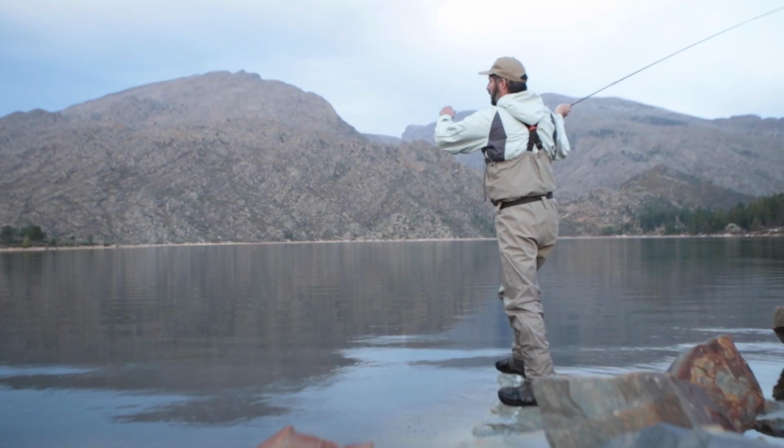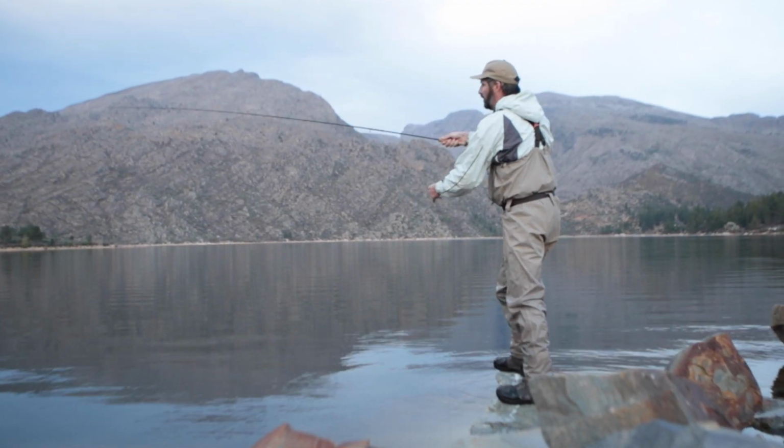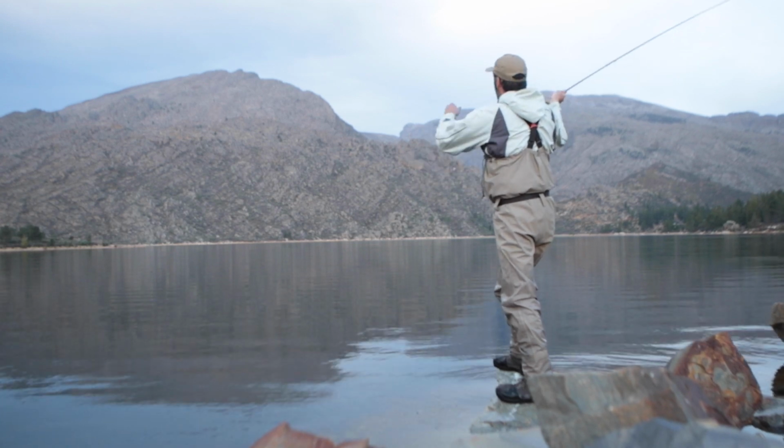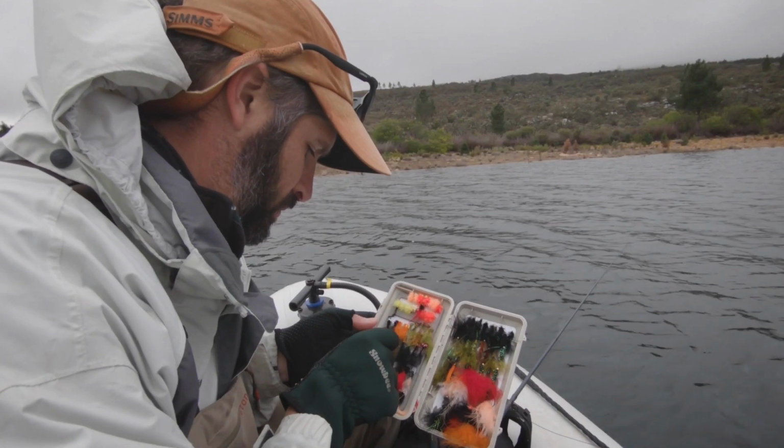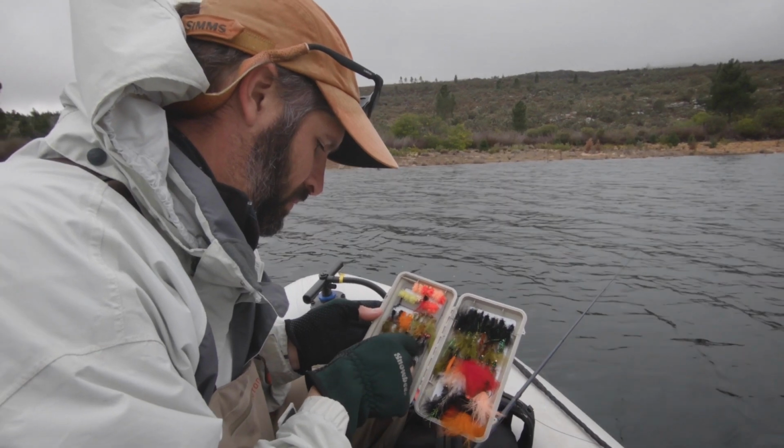The first topic I would like to cover isn't really a technique, but rather the way we set up our leader. You see, one of the biggest challenges a stillwater fly angler faces is finding where the fish are feeding or holding and what they're feeding on. Well, if we could find a way of covering more of the water column while we're fishing, we'll probably find the fish, right? To get this right, we either fish 2 or 3 flies, which allows us to cover this wider range of the water column, and it also gives us a way of searching or looking at what the